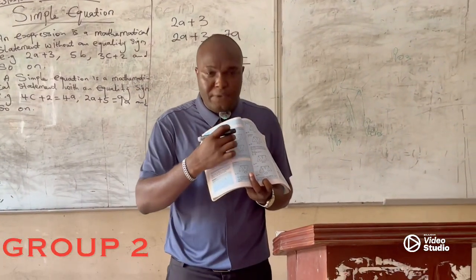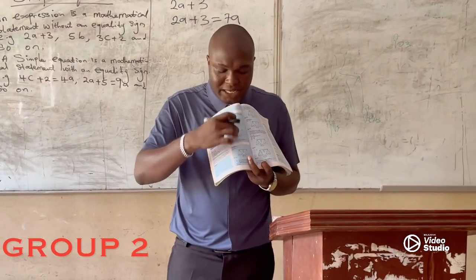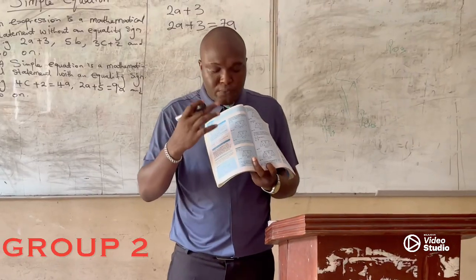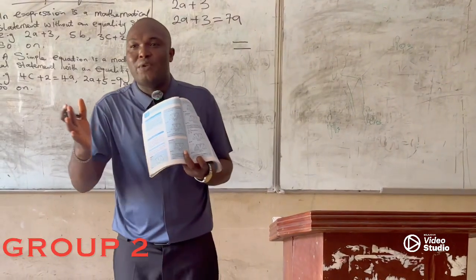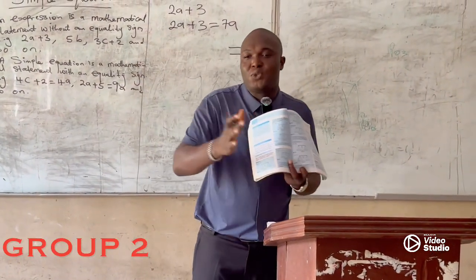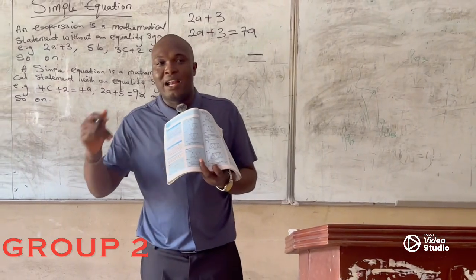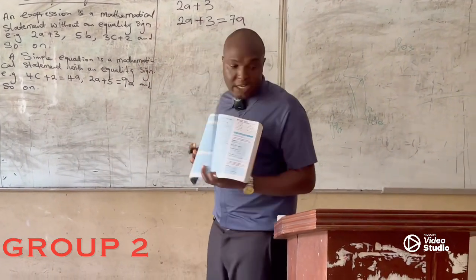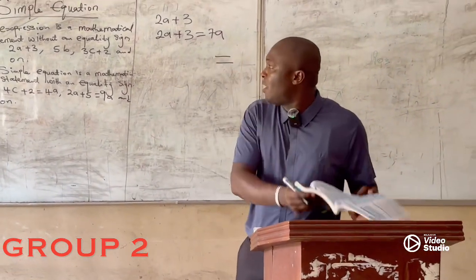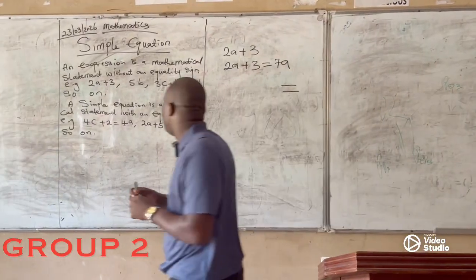This will tell you that if it is not balanced, the beam will collapse. So for it to be balanced, it means that whatever you are applying to the right hand side is what you are going to apply to the left hand side. So that quickly takes us to the subheading, which is